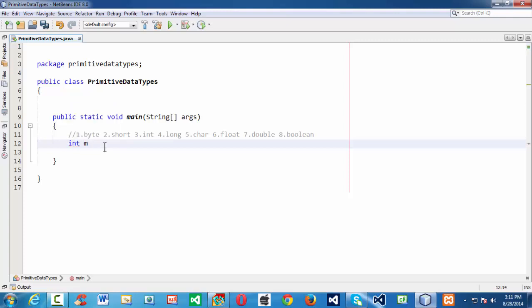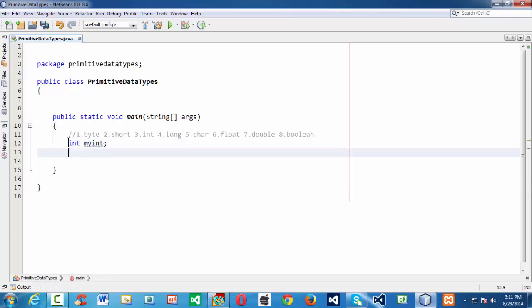If you want to take an integer variable, the syntax goes like this. The int keyword specifies that my int variable falls under the category of integer data type. That is the importance of using a data type while defining a variable. It is very essential since Java is a statically typed or strictly typed programming language. Whenever you are defining a variable, it's mandatory to specify the type of the variable before the name of the variable here.